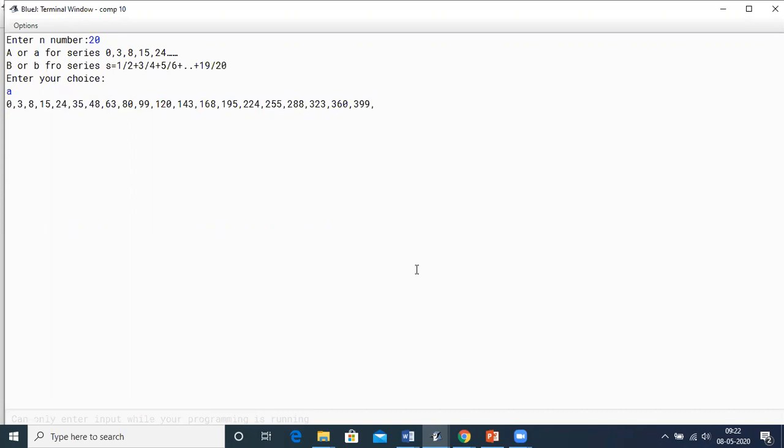So till the 20th square, as you know, the beginning is 1 square minus 1 is 0. Then it is 2 square minus 1, 3, 3 square minus 1, 8, 4 square minus 1, 15, 5 square minus 1, 24. It goes on till the 20th number. So 20 square is 400, minus 1 is 399.